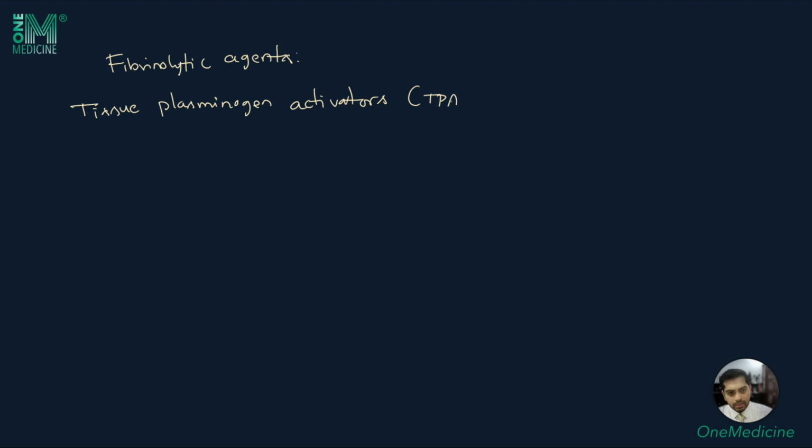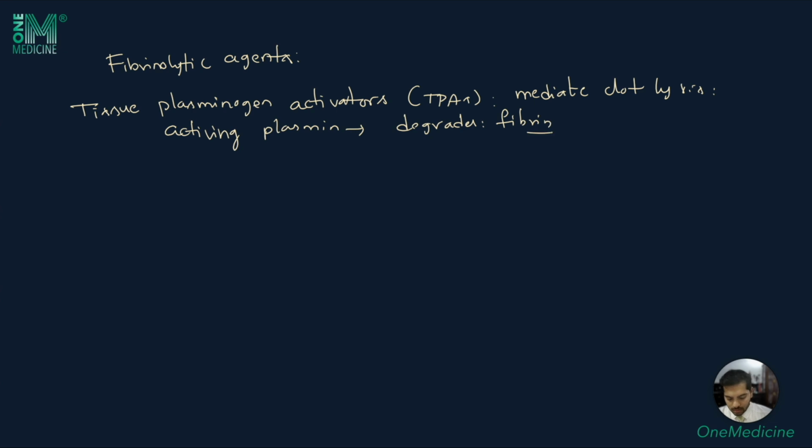The next topic is fibrinolytic agents, tissue plasminogen activators or TPAs. They mediate clot lysis by activating plasmin, which further degrades fibrin. The commercially available preparations which are tissue plasminogen activators include streptokinase,